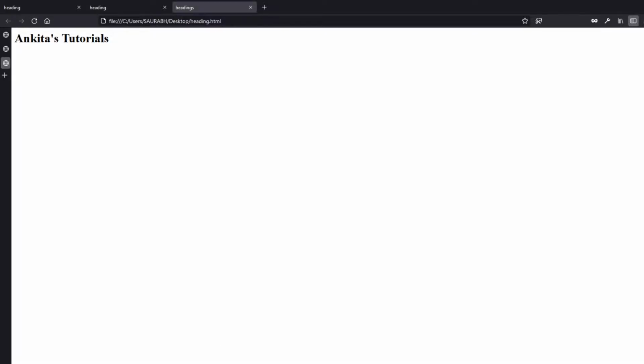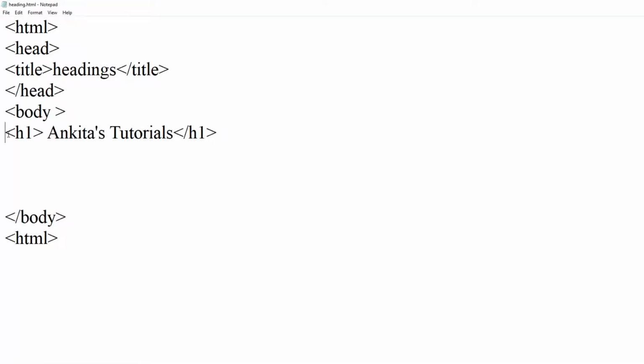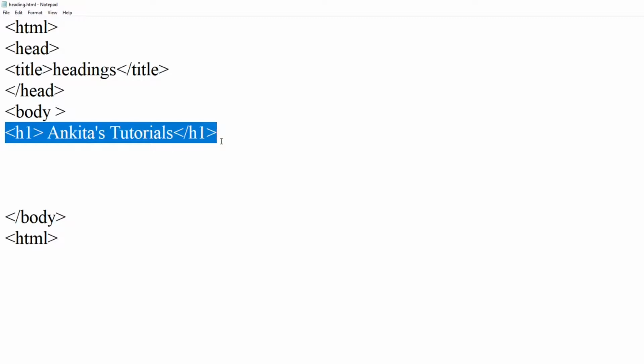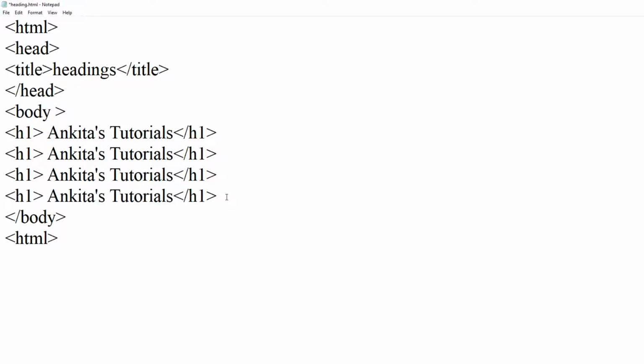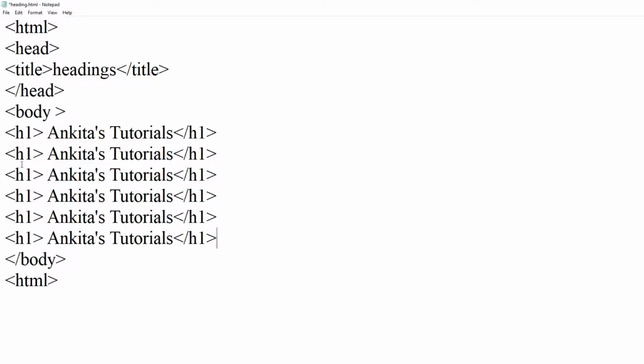Like this, remaining all tags we will use here. So I'm going to copy this line and paste here all 6 times. How many have I done? I think it is 5. One more required.